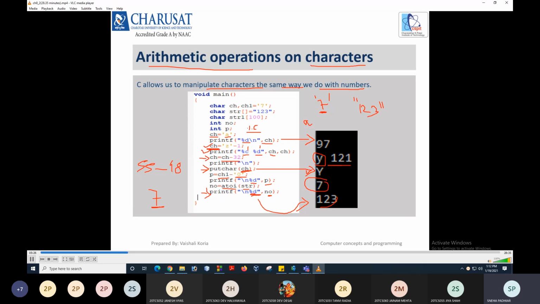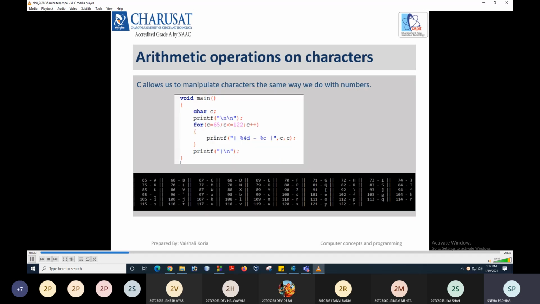Okay, so these are the certain kinds of operations that you can perform on the character. Now, in the next example, we want to print the ASCII value and its associated characters. One character variable has been taken, right? Now the value of that character would be from 65 to 122. 65 is the ASCII value of capital A, and 122 is the ASCII value of